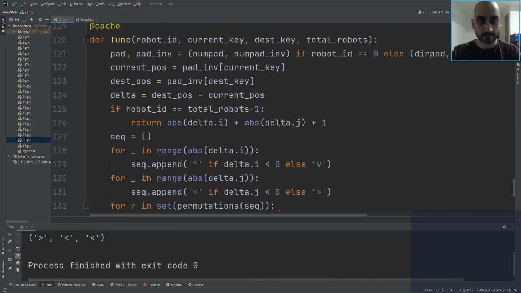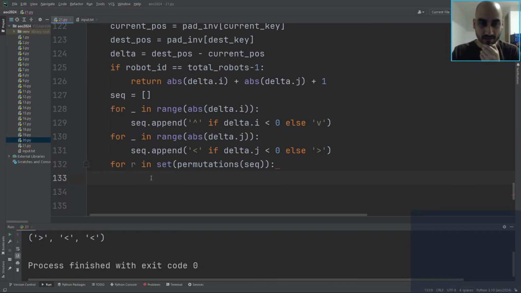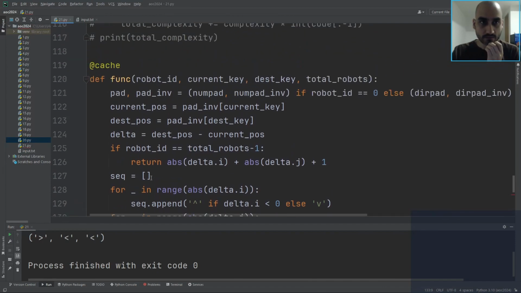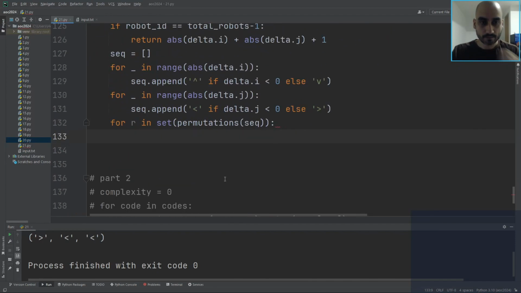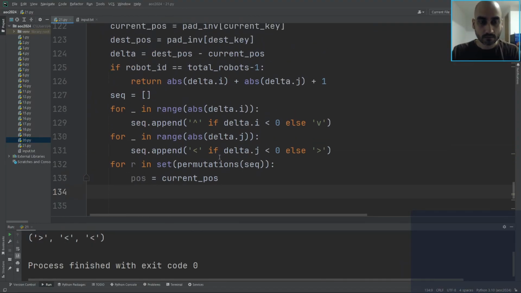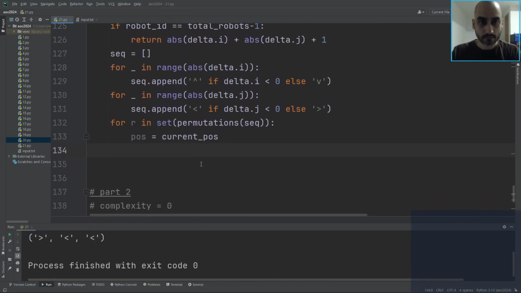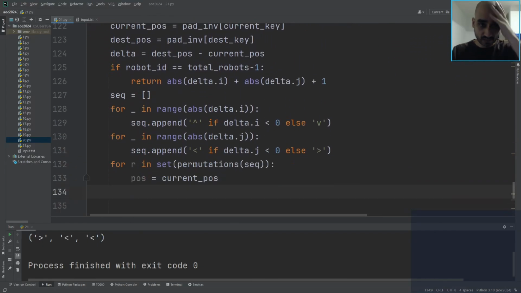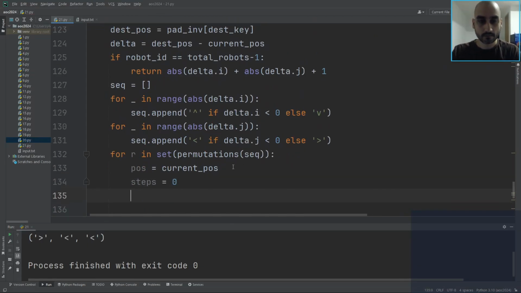First, we want to check that we don't cover a gap. So, pause equals current pause. We know that this will get us to the destination. Pause. The number of steps. Okay, for direction in